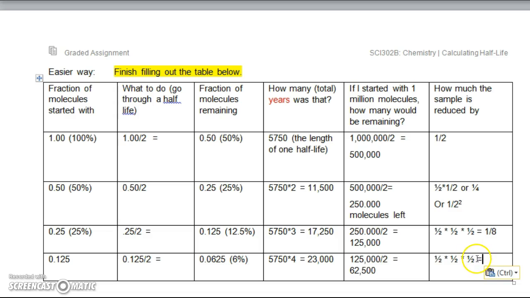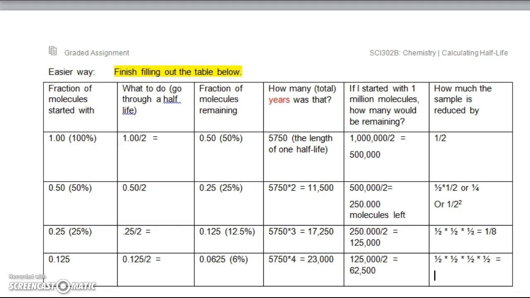Well, we did a half times a half. So put all that in your calculator. And what do you get? All right. And then make sure